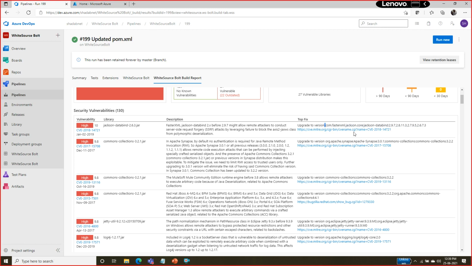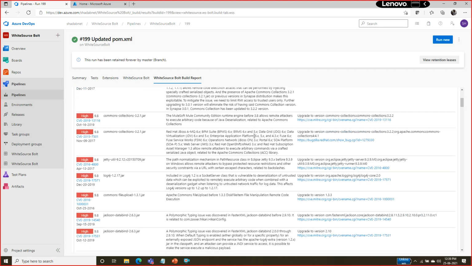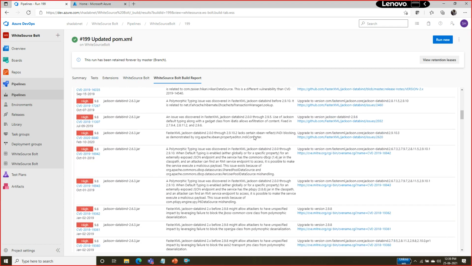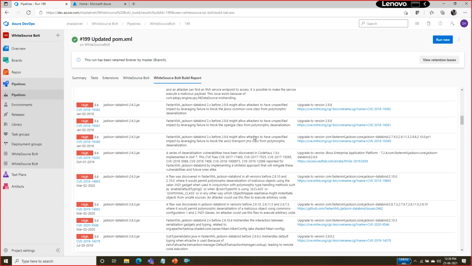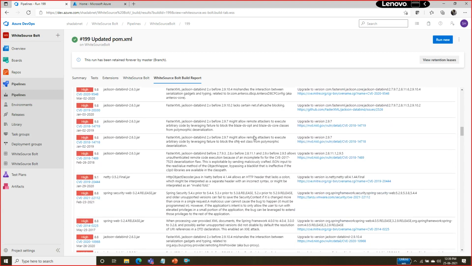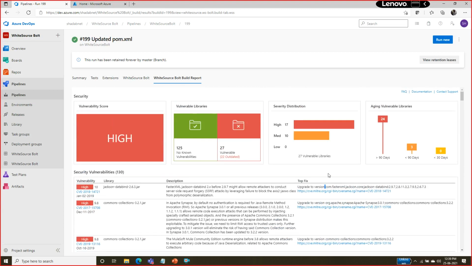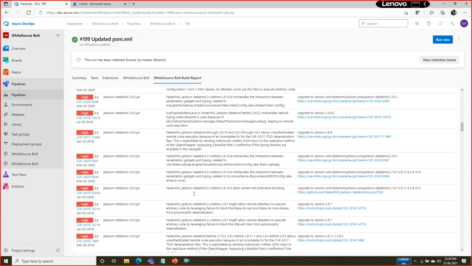They also give a URL of that particular DLL or jar file. It is going to tell you how to update, what the security issues are which the company has fixed, the organization which developed the open source component and fixed the vulnerability, and how to mitigate the risks. So you have top fix options and the description of what the issue was.